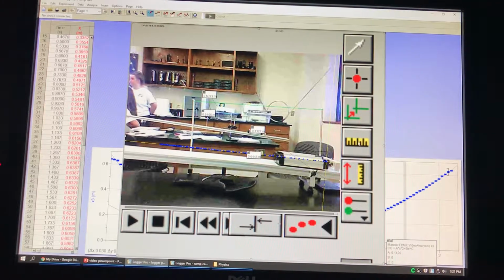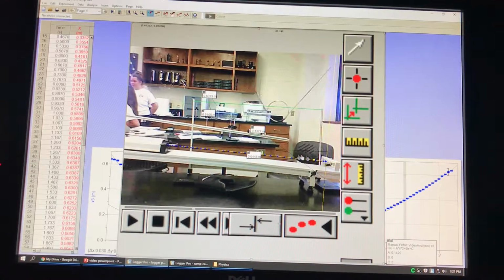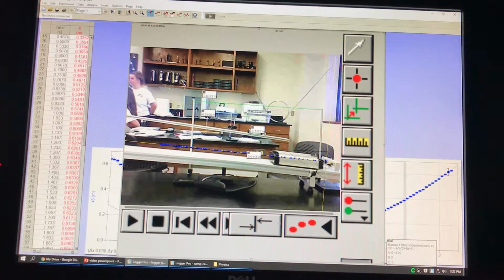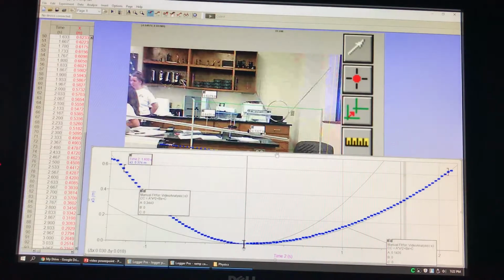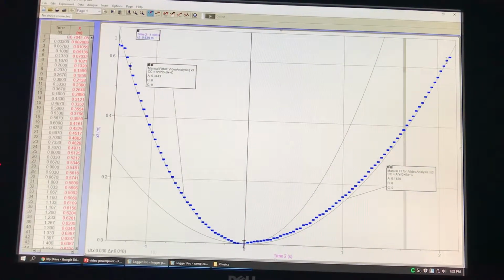And then secondly, we set a scale. Our scale is 0.5 meters. This helped us determine how far our cart went up, which was 0.6405. And this is a different number than what we had. As this cart goes up, we plotted these points, which gave us our points on our velocity time graph. And on this velocity time graph, at time 0, it's going to have two different slopes. So this first part, you're going to have a slope of